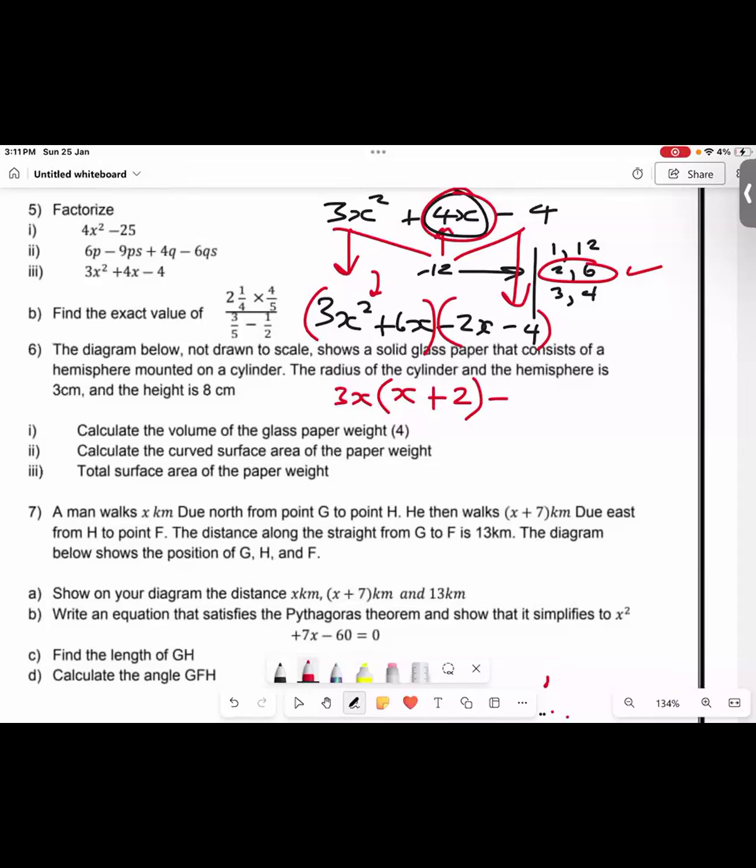Or is there a number that's common to both numbers? 2. Is the x repeating itself? No. So we don't take it out. You leave it alone because it's not common. You only take it out if it's repeating itself. So open the bracket. Now, if I remove the minus 2 from here, what is left when I remove the minus 2? x minus... Very good.